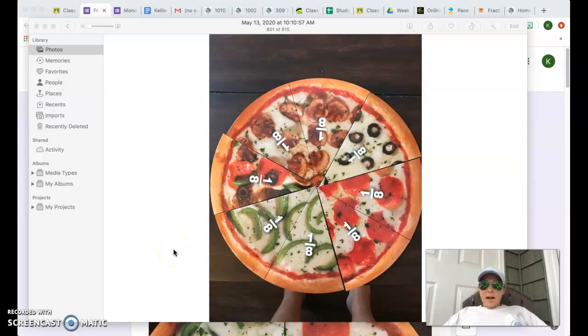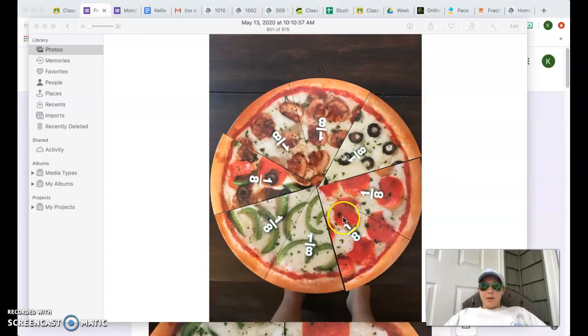Okay, so here I have ordered a pizza, and you can tell that this pizza is divided into eighths because there are 8 slices. 1, 2, 3, 4, 5, 6, 7, 8. So if I wanted to eat this piece right here with black olives, I would be eating 1/8 of the pizza. If I were going to eat the pieces with pepperoni on them, that would mean I would be eating